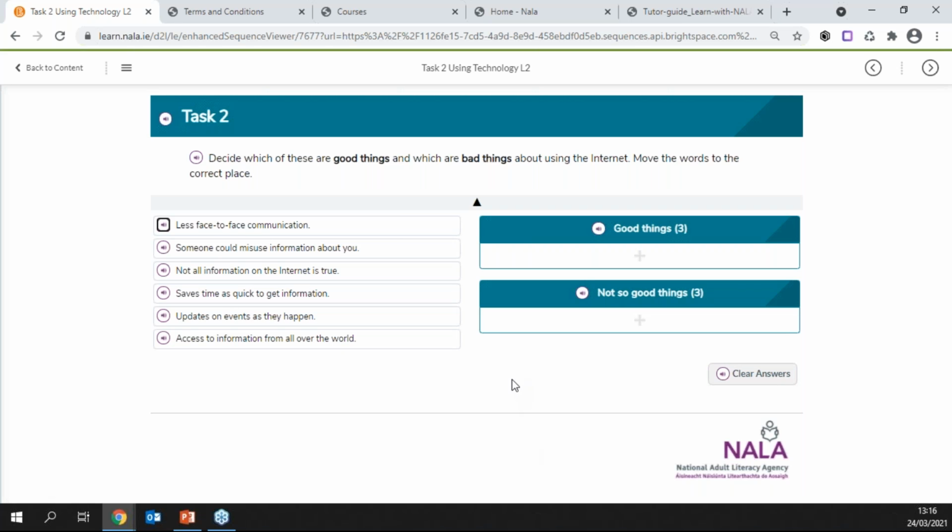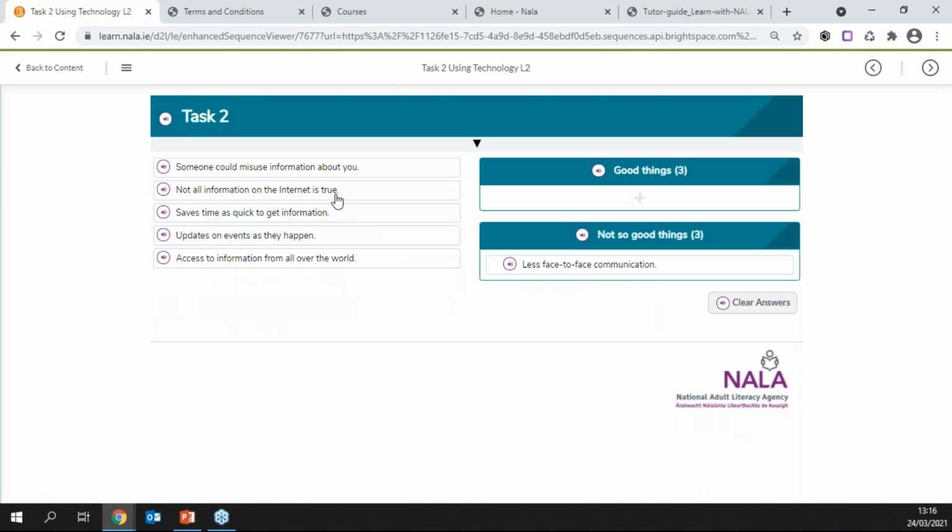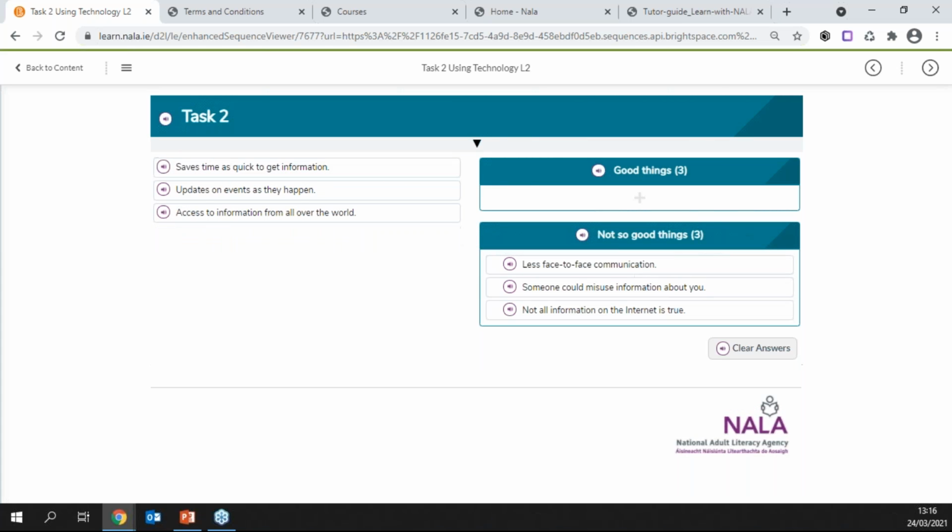Okay, so this type of activity is what we call a drag and drop. In this case, the learner needs to drag the items that they think belong under the correct heading. And it tells you here that there are 3 things beside good things and not so good things that are good or bad about the internet. So if I drag less face-to-face communication to not so good, and then continue on for all the things,